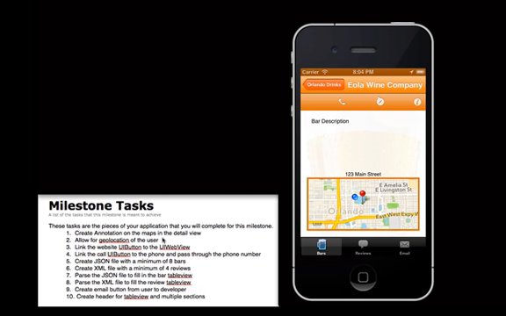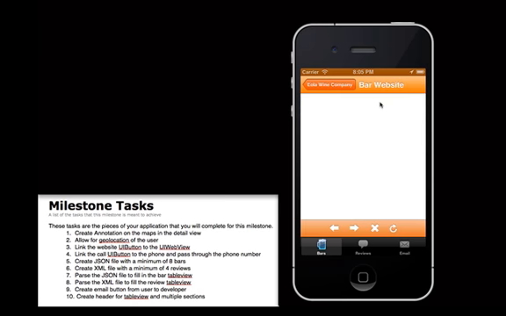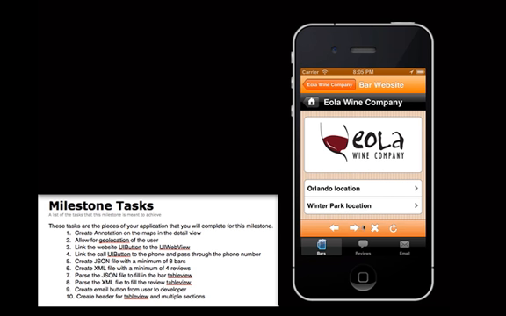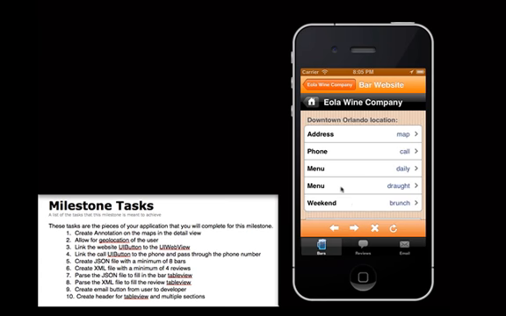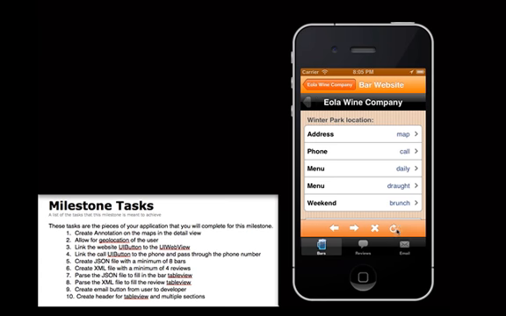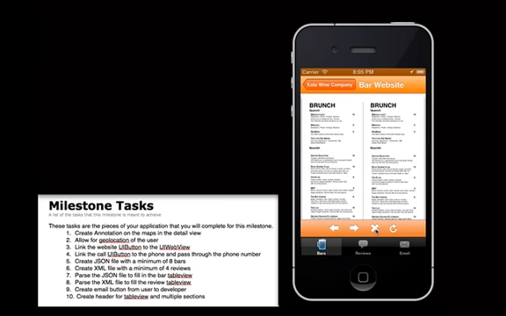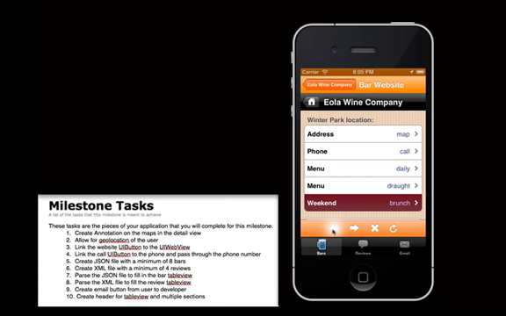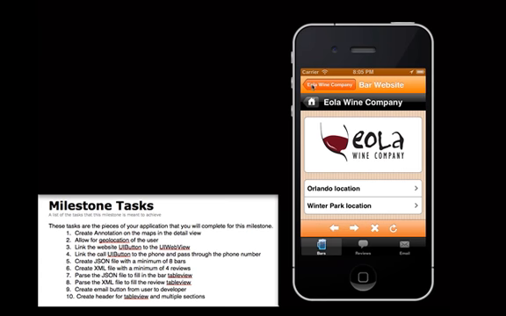So that is properly working. Create annotations on the maps in the detail view. Allow for geolocation of the user. There we go. Link the website UI button to the UI web view. I did create the UI web view. This icon right here, like a Safari button, will pull up the bar's website. I do have these down here working as well. If you go back, click on again, you can refresh. These things all populate pretty quickly, so stopping is kind of hard, but it all does work. And then jumping back,